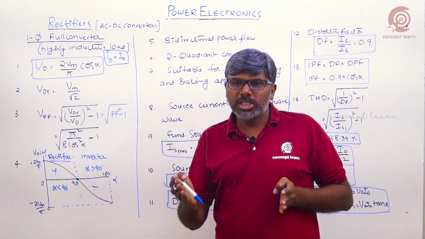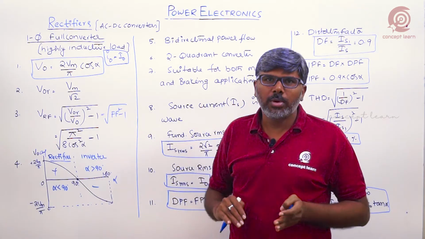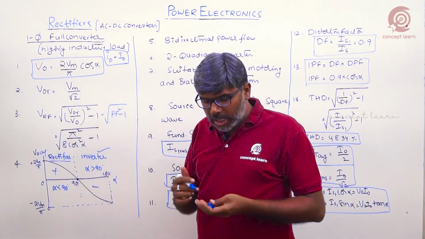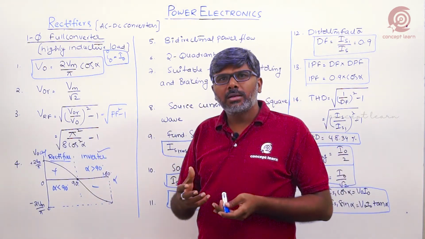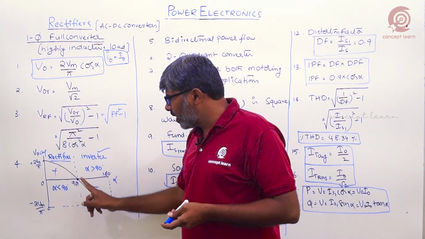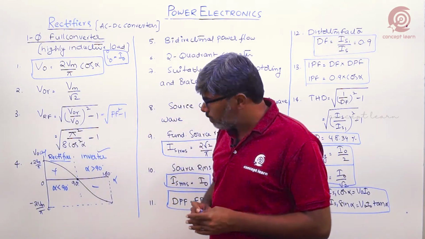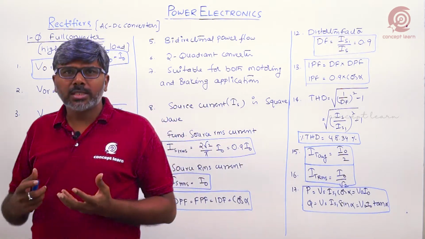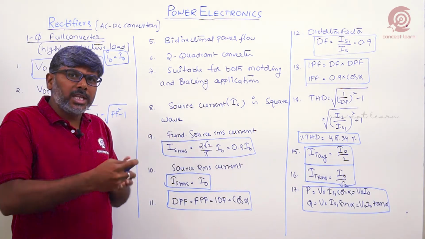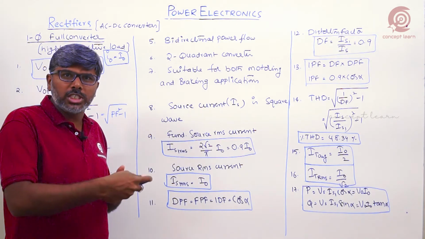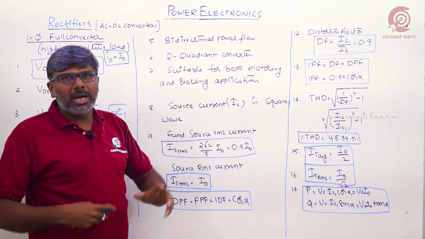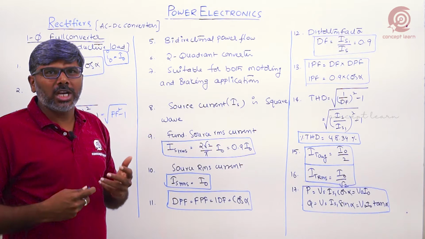Now power flowing from DC to AC is called the inversion mode of operation, so the full converter acts as an inverter. So the full converter acts as a rectifier as well as an inverter based on the control angle. If the firing angle is less than 90, rectifier; firing angle greater than 90, inverter. Fine. So what does this mean? Power is bidirectional, right? Power flows from the AC source to the DC load and from the DC load to the AC source. That is why it allows bidirectional power flow and is also called a bidirectional converter.